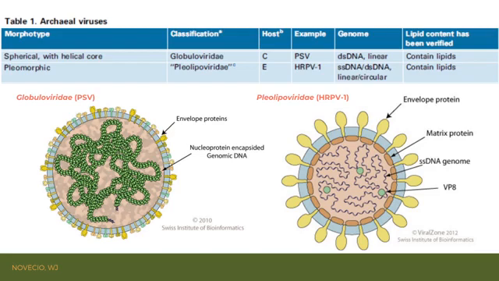Thus, this architecture resembles that of eukaryotic single-stranded RNA paramyxoviruses. And recently, a worldwide distributed group of pleomorphic viruses has been described. So these viruses have been designated pleolipoviruses based on their lipid envelope and pleomorphic appearance. So pleolipoviruses contain two or three major structural proteins and one of them forms spike-like structures on the virion surface, whereas the others are internal membrane proteins.